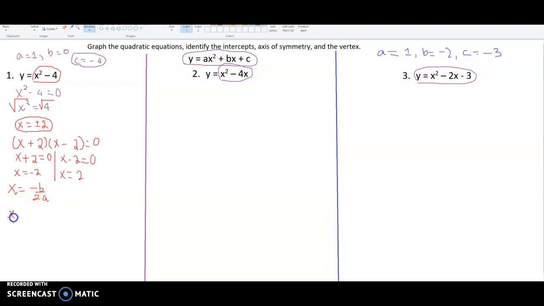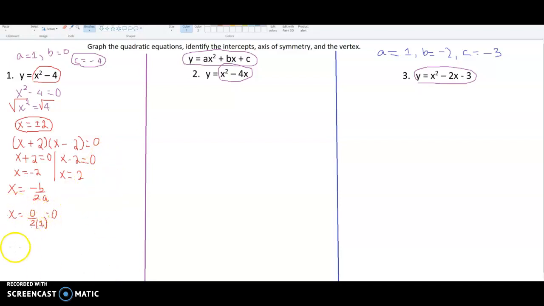So go to the equation, and then we already identified our b. B is 0. So negative 0 is just 0. And 0 divided by 2 times a, which is 2 times 1. And that's just going to be, well, 0 divided by anything is just 0. That's going to be the axis of symmetry. And the axis of symmetry in this case is just going to be the y-axis, the vertical line, when x